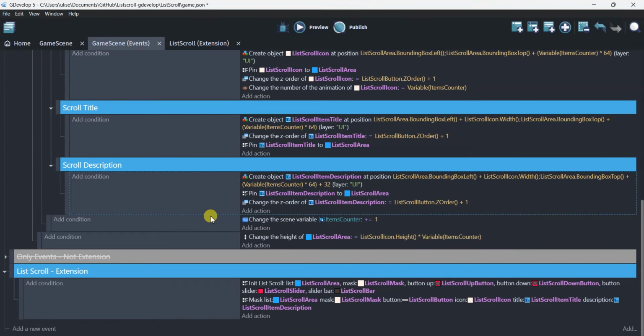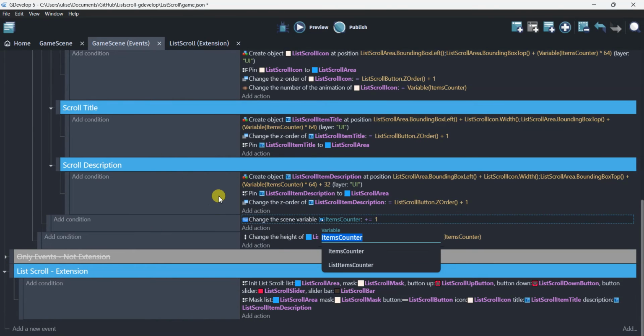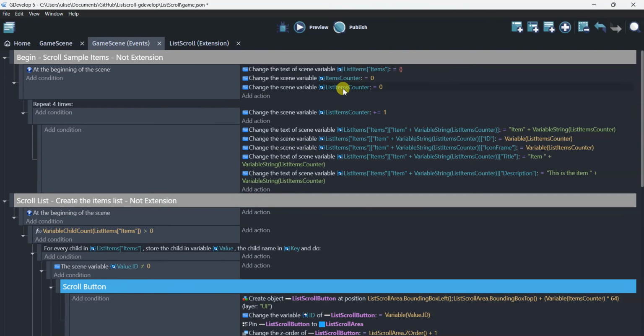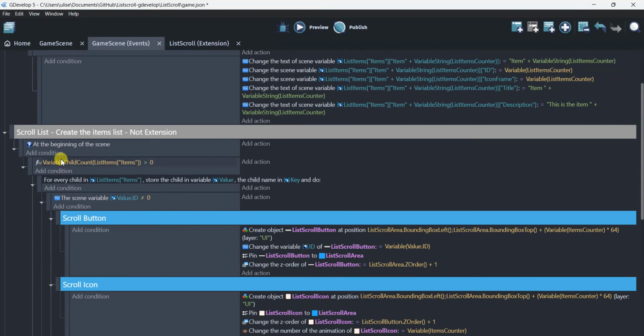And here we have another counter, which is items counter. Here is assigned to 0, and then for each child of this structure items we get the value and the key,